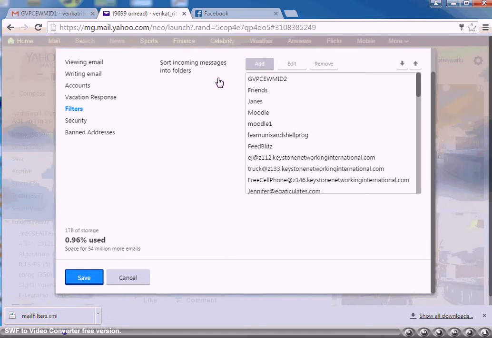Now I wanted to design my filter in such a way that if the subject field of an incoming email contains GVPCEW Mid 2, those emails should be sent to this newly created folder GVPCEW Mid 2. I am calling this filter name Mid 2.